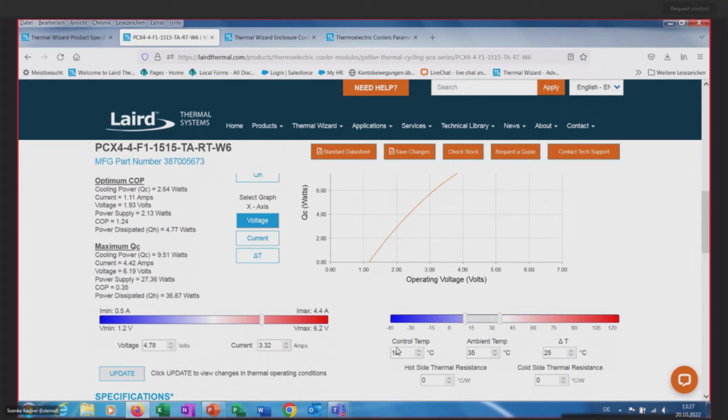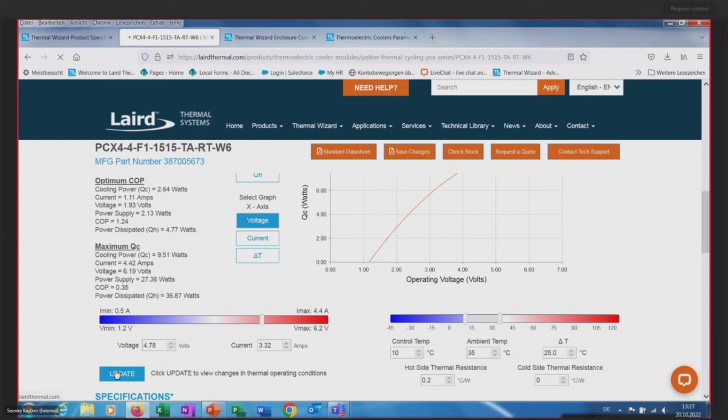Again, you can make possible adjustments in addition to the thermoelectric assemblies for the modules. We also have the capability to enter a hot side and cold side thermal resistance because this might impact your cooling power. Let's say you are adding a heat sink on the hot side with a thermal resistance of